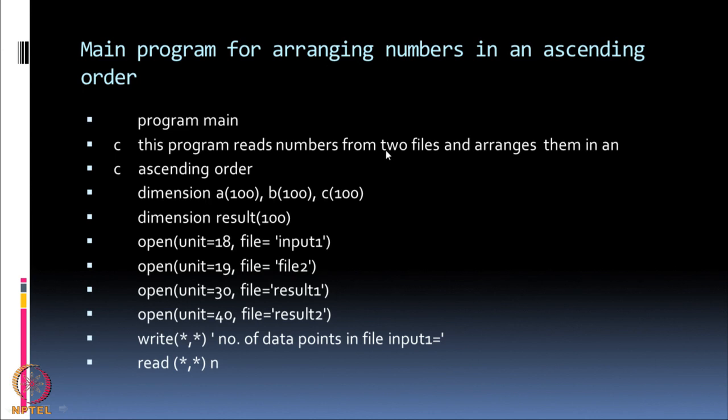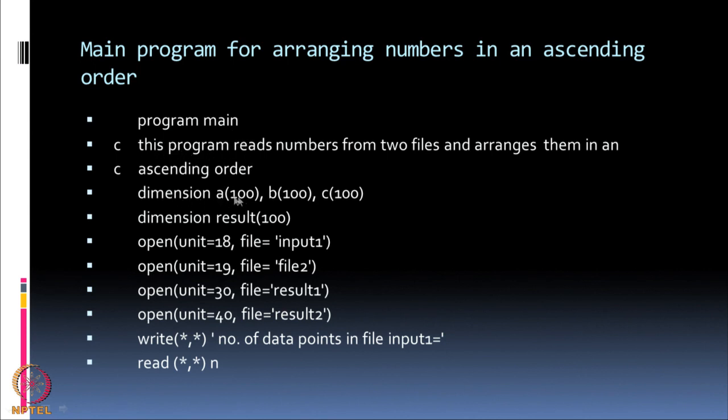Okay. So, now let us arrange numbers in an ascending order using a subroutine. I do not want the main program to do it, I want a subroutine to do it. So, what is the difference? The difference is my main program will be,